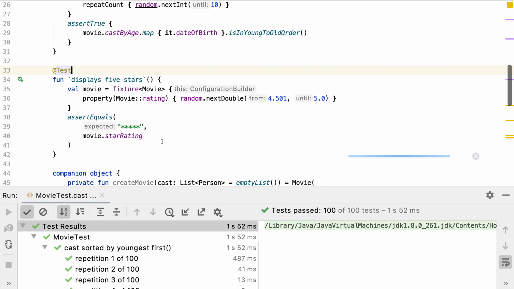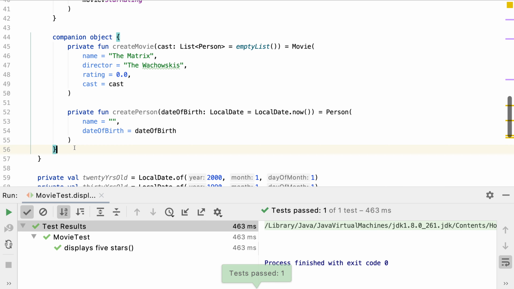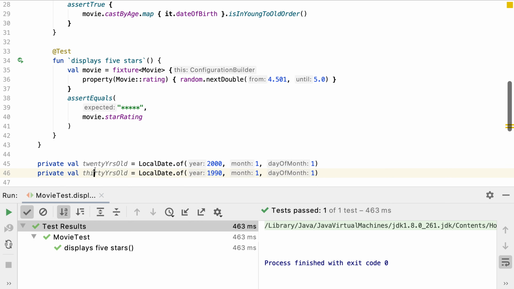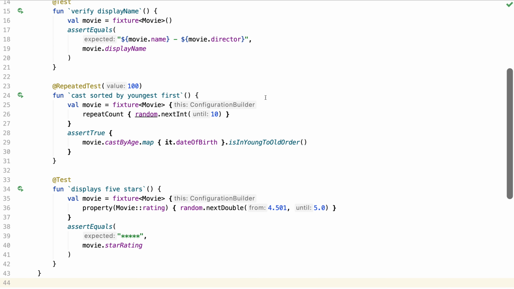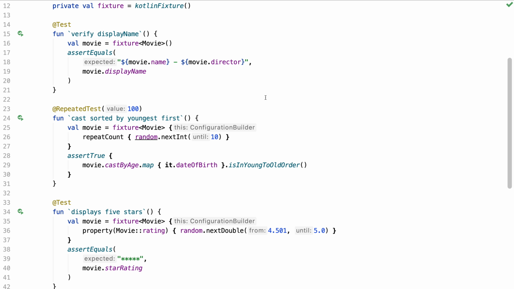And of course, running that test, we see that it passes. This now means our factory functions are redundant, so let's remove those. And there we have it, our system is tested, and we have used constrained non-determinism rather than hard-coded data.